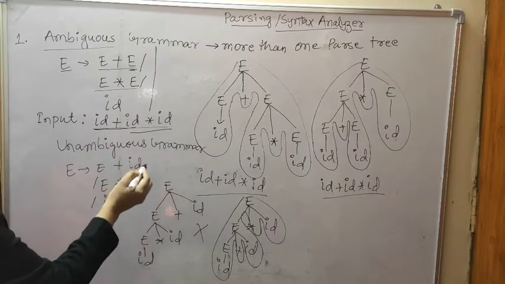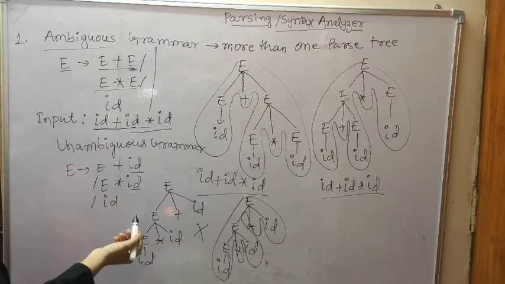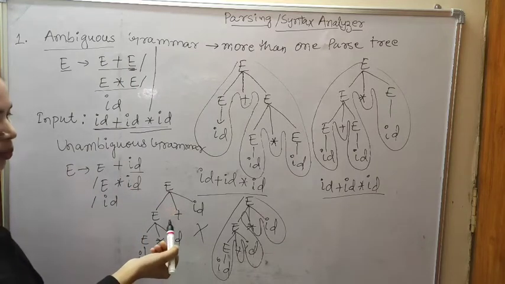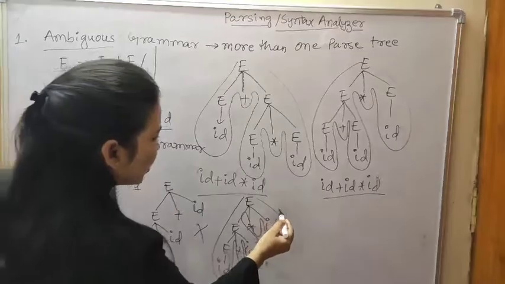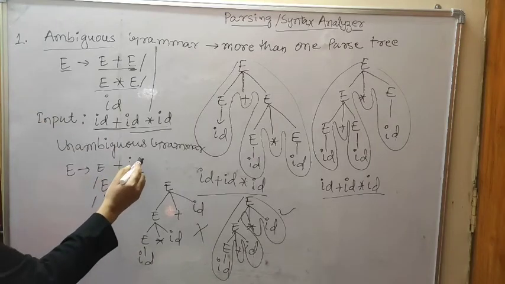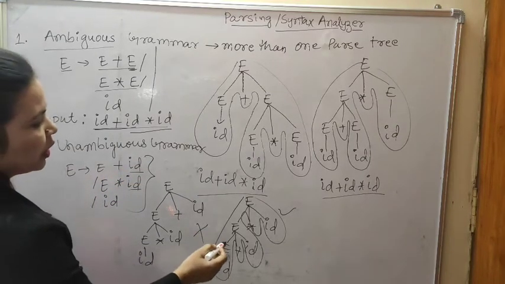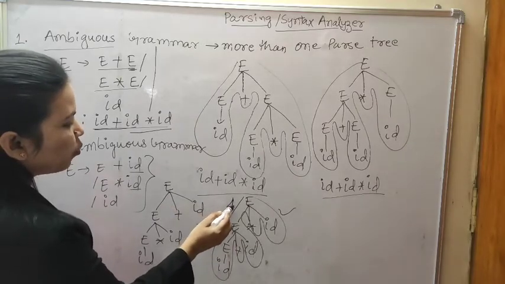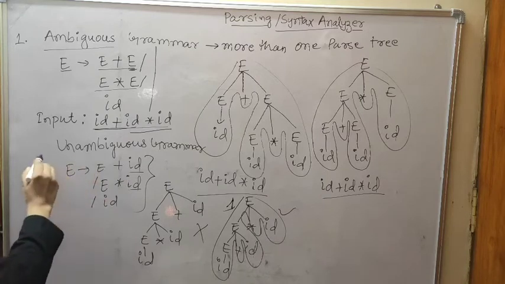To eliminate the ambiguity, we only change the variables to identifiers. So it is converted from an ambiguous grammar to an unambiguous one. This is correct. Here only one parse tree can be generated from these production rules. So this is ambiguous grammar to unambiguous grammar.